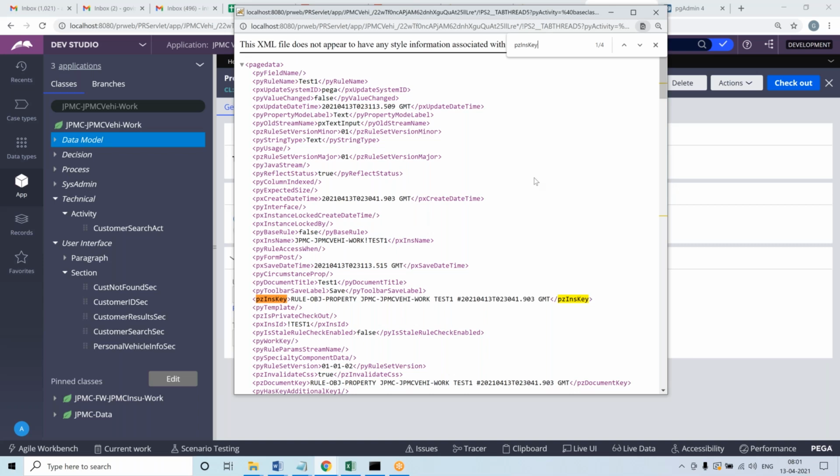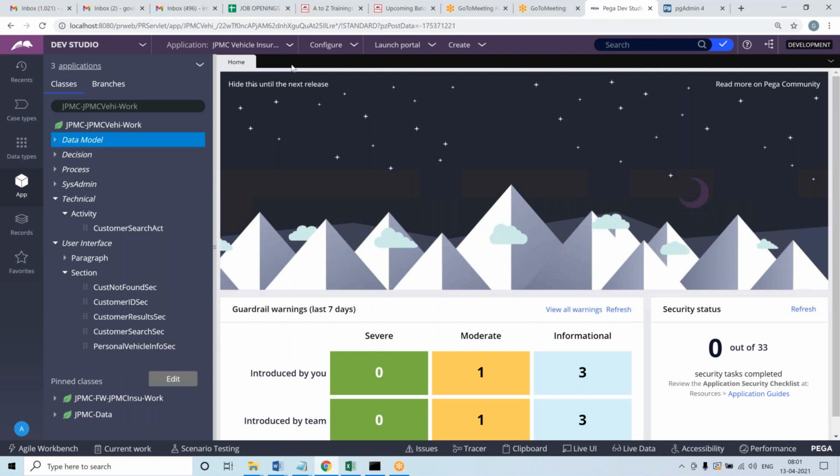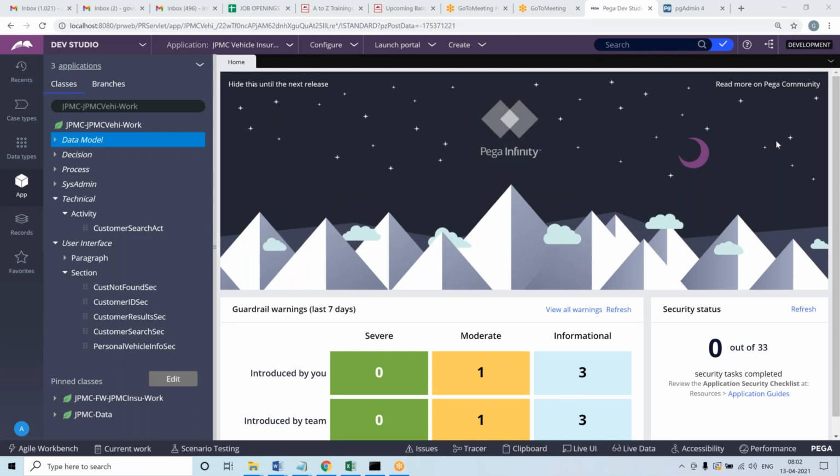Everyone clear? Okay, fine. Thank you. We will continue tomorrow morning, same time, same meeting ID, the one you are using now, and we will practically work on the business requirement. Everyone should be thorough with the concepts that have been discussed so far, every concept in one single requirement. Thank you very much.